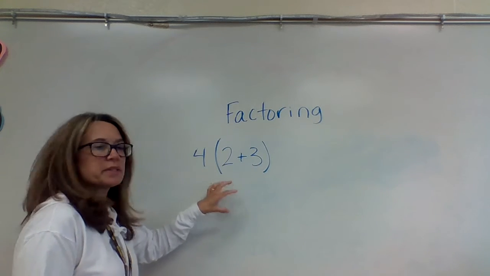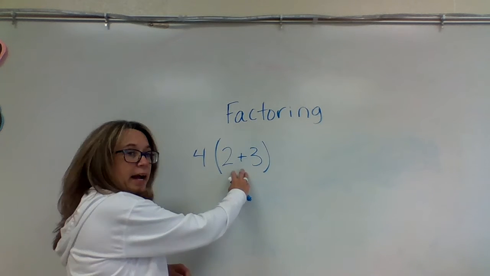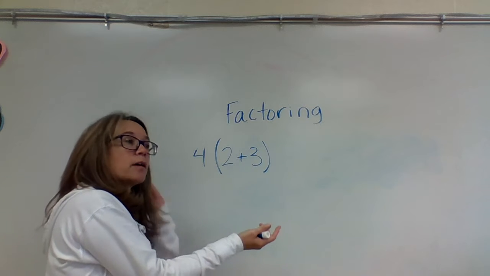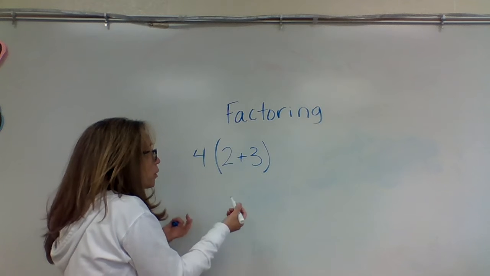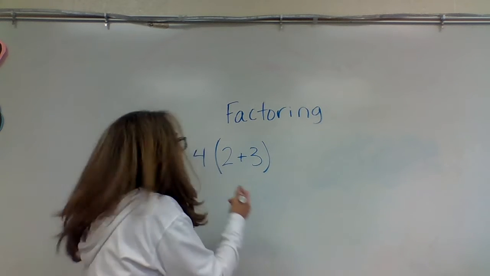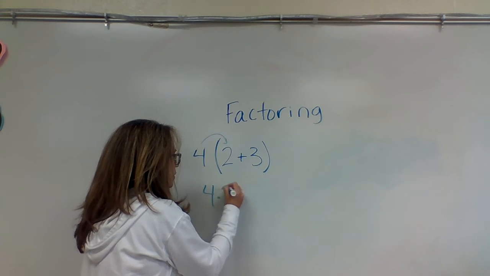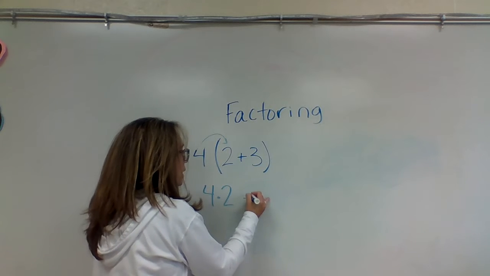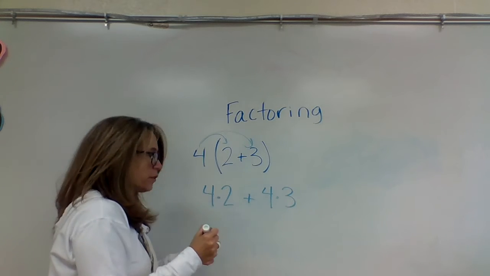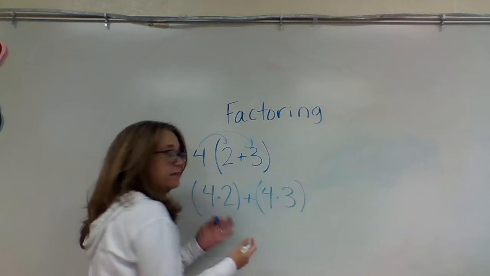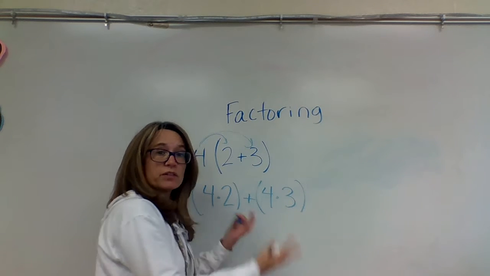But right here, I just put up a situation that is the distributive property. So this is really 4 times 5 because 2 plus 3 is inside the parentheses. But you guys learned that you can separate the 5 into 2 plus 3. So what you would normally do if you did the distributive property was take the 4 times the 2, which would turn into 4 times 2, okay? Plus you would do 4 times 3. And I could put these in parentheses here, and that would give us the same answer. So 4 times 2 is 8, 4 times 3 is 12, 8 plus 12 is 20, which is the same